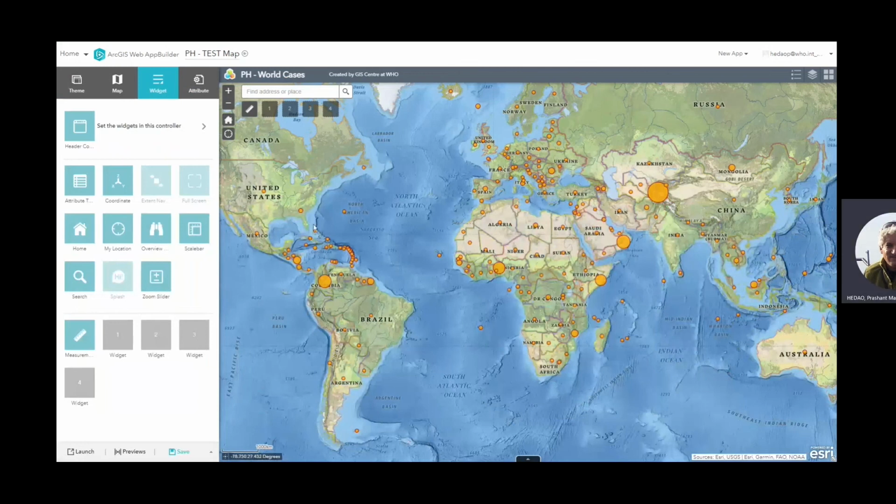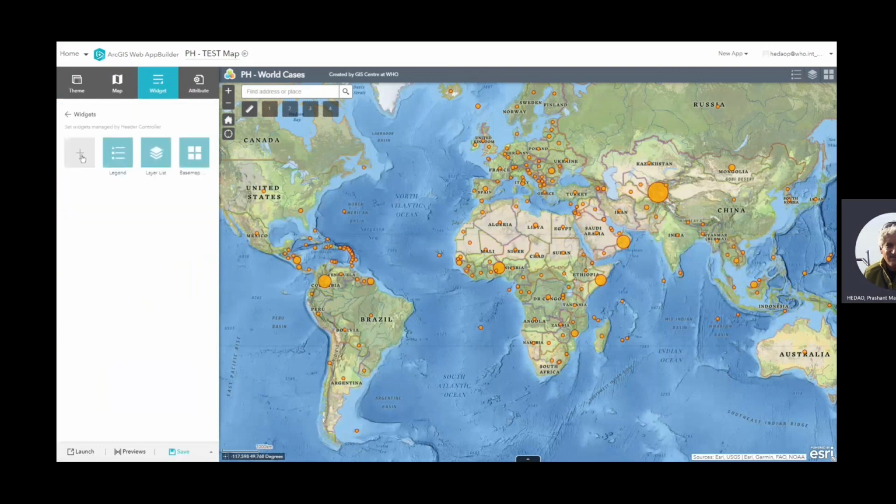I also would like to add a bookmark. So if somebody wants to share or save a certain area for themselves, I can add a bookmark. That's very convenient. So I'm going to go to the widget bar here and add a bookmark option, and that's this one.